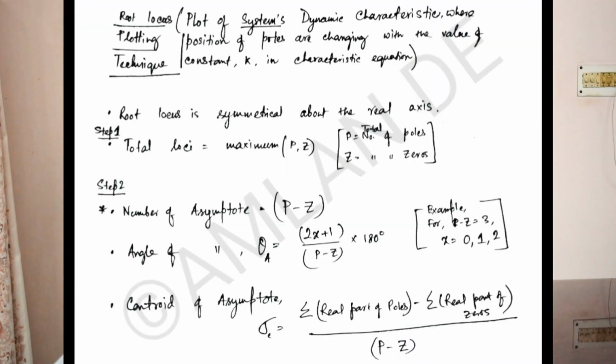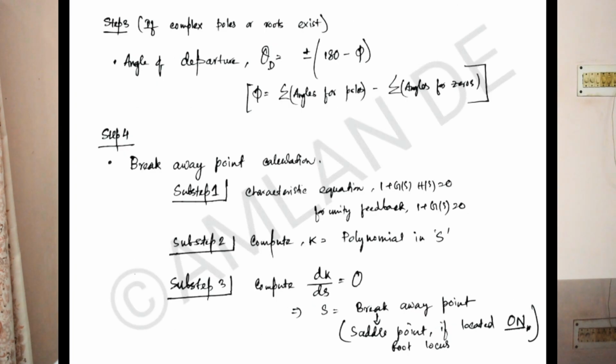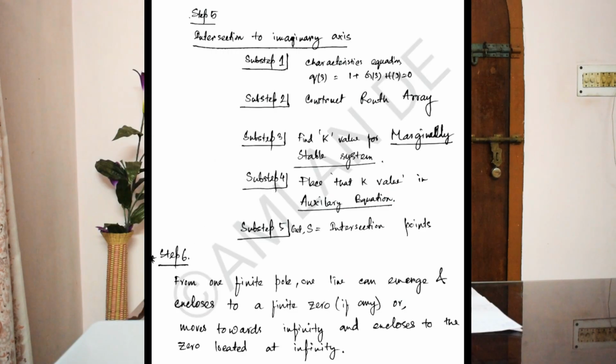Now it is a logical approach, but first you need to understand some written down, logical steps. As you can see on the screen, there are 6 steps. In these 6 steps we can cover the whole root locus plotting and understand whether the system is stable or not. You can take a screenshot of it, because I am going to take an example where I will discuss all the steps. So you don't need to waste time writing like this. You can directly understand the example problem.